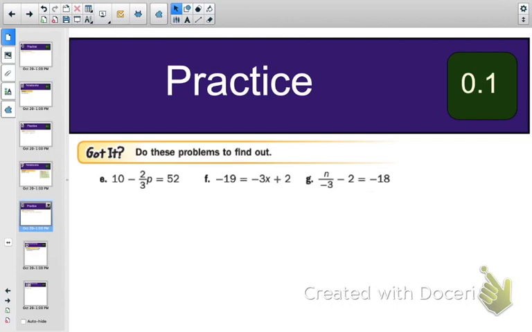Okay, so with E, I have to get the P by itself, so I've got to get rid of the 10 first. So I'm subtracting because it's positive 10. Cancel. So I'm left with a negative 2/3 P